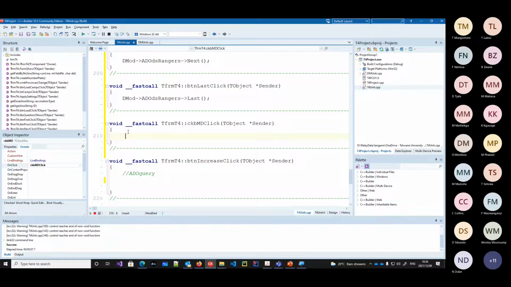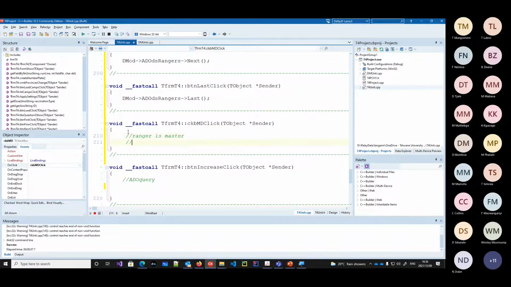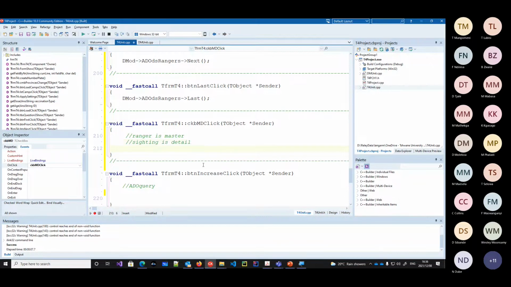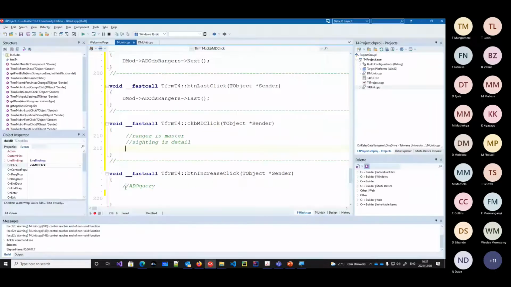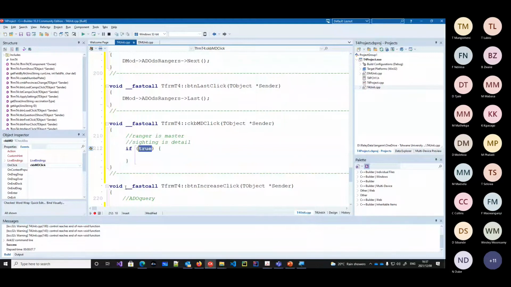Perfect. So now we determine that the ranger is master, sighting is detail. So now let us create an if statement, because we want to check if this thing is checked or not. So if it is checked, we want to form a relationship. Else, we want the relationship to be destroyed. So let's have an if statement that says,